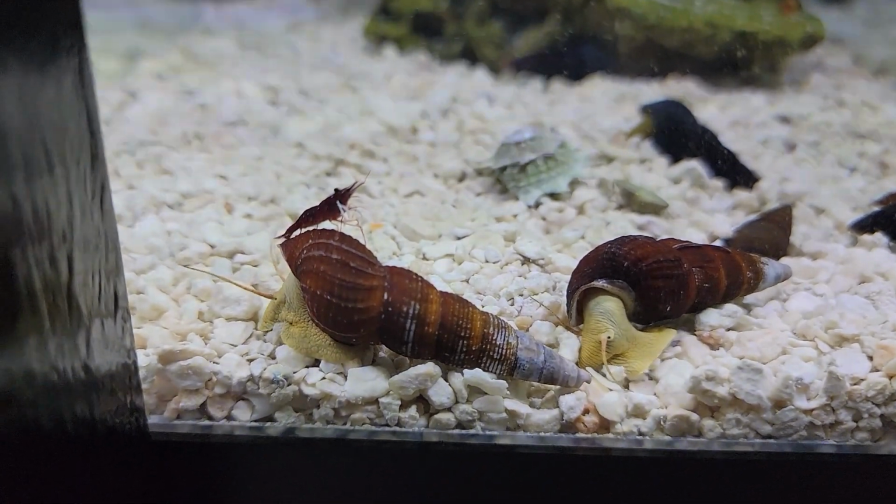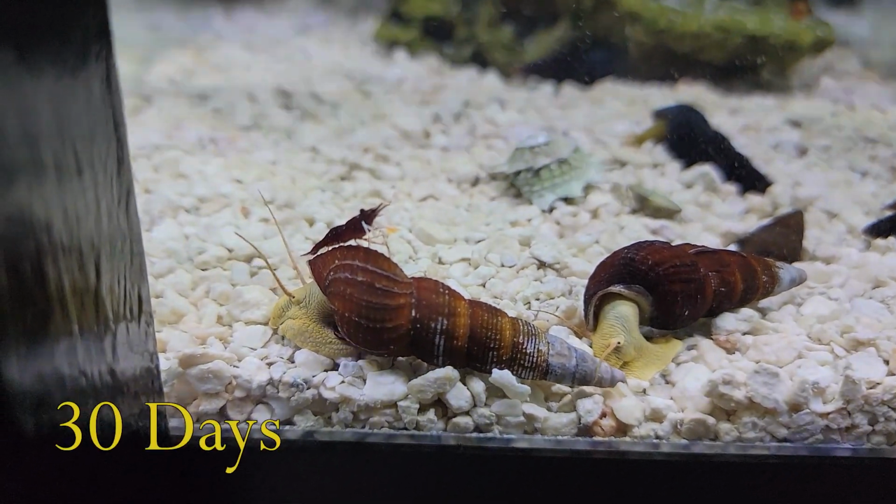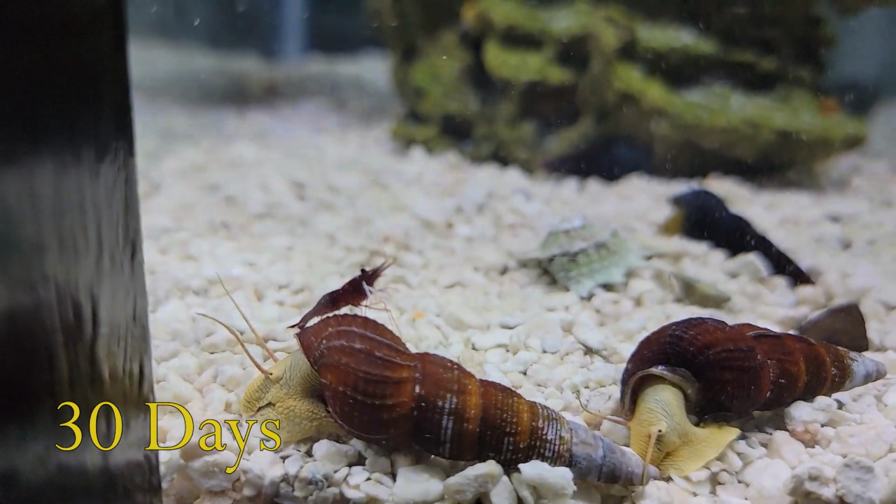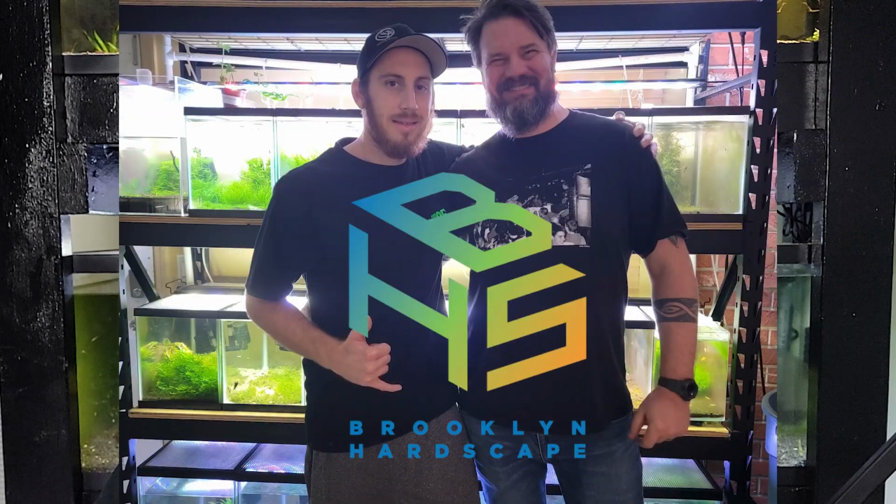And we highly recommend that you let the tank cycle for over 30 days before you add any shrimp, and these tanks have been going well over 30 days. In fact, check out the link above where Shelby had to set up these tanks all by herself when my leg was broken. And now here for the surprise,